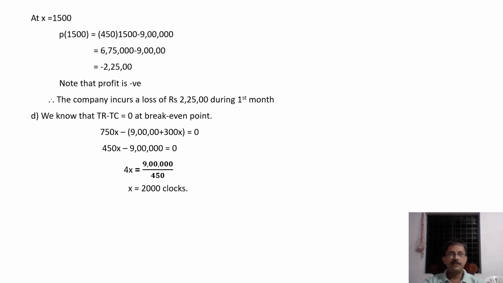Now let us find break even point. If they produce how many clocks, then they will start to earn profit. So here we get that number. If we equate it to 0, total revenue minus total cost equal to 0, we get that number. See, 750X minus this equal to 0. So 750X minus